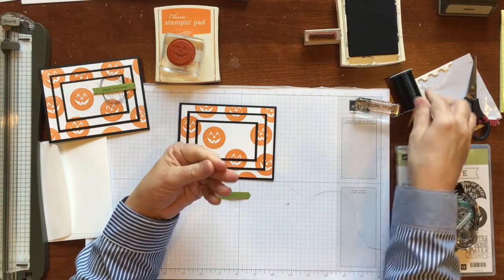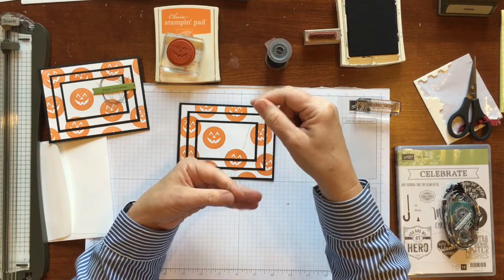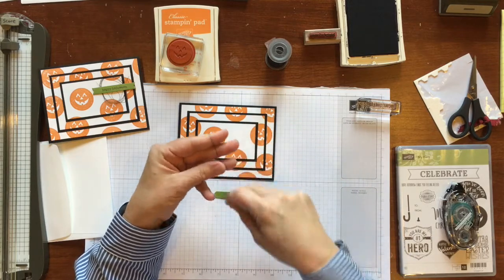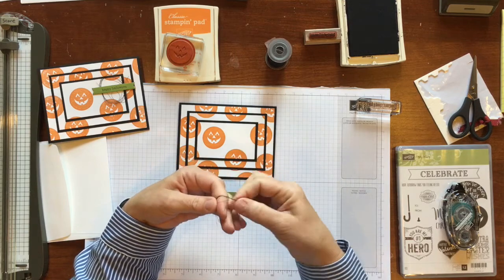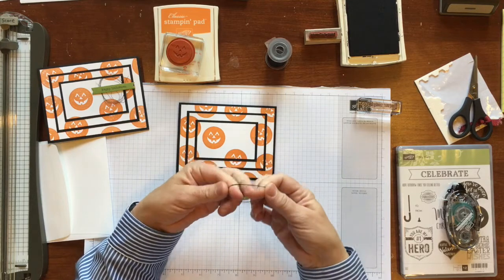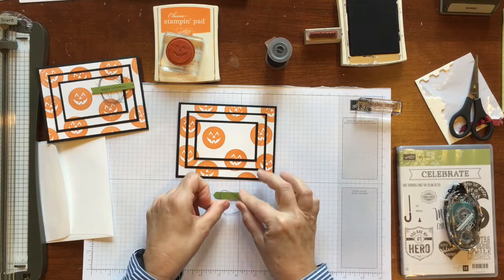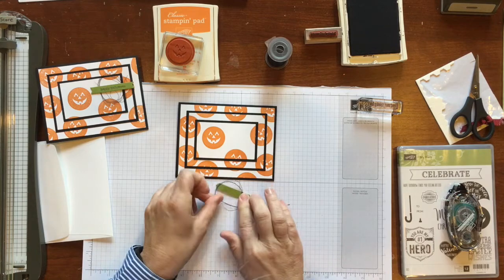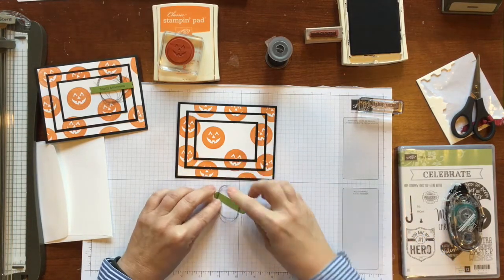So what I'm going to do now is add some black thread behind my greeting that I stamped on Old Olive cardstock. I'm simply going to wind some thread around 3 fingers. There's no particular length, it's just whatever you feel comfortable with. You could go around 3, 4, 5 times. Honestly, I just do it, so there's no rhyme or reason. And I'm going to stick part of it down to that Snail I already applied behind the